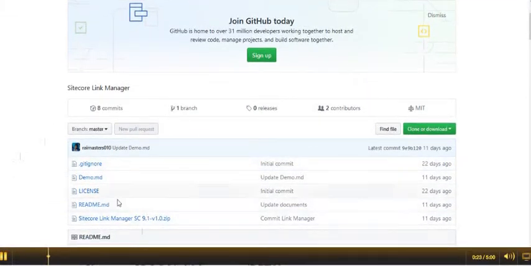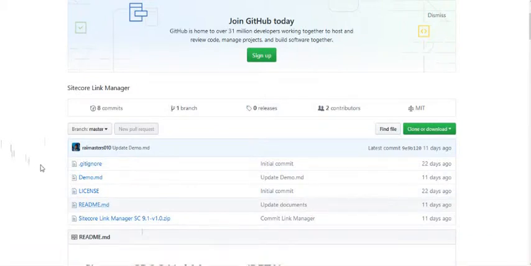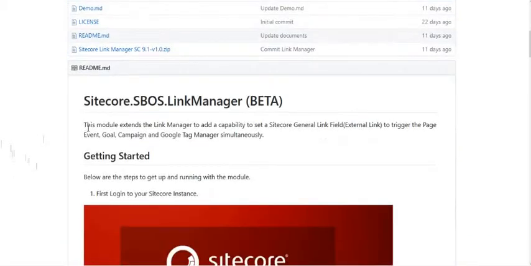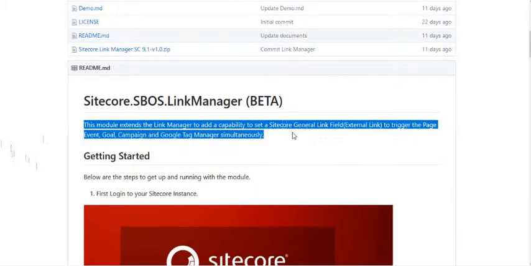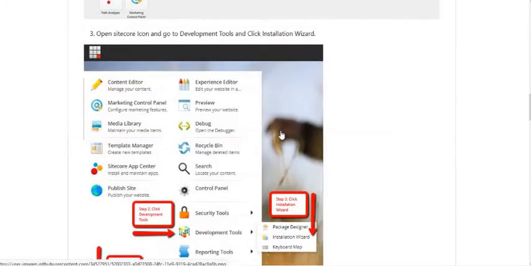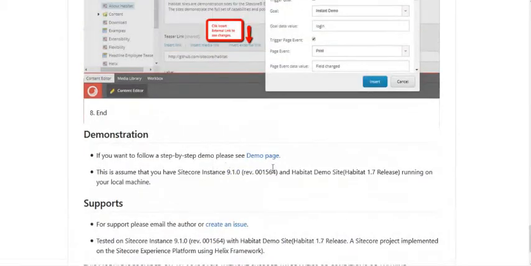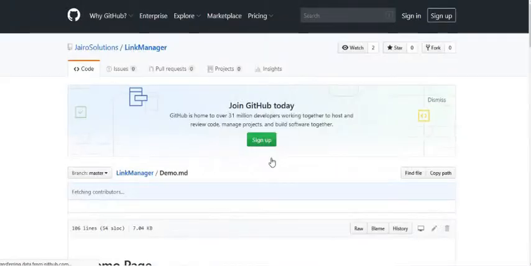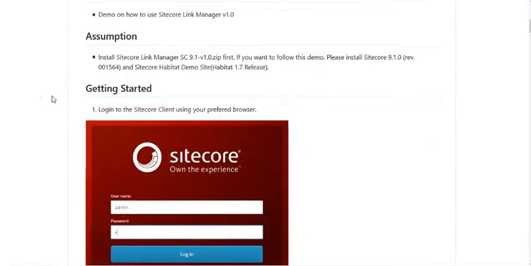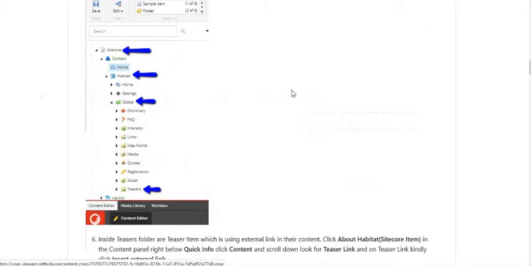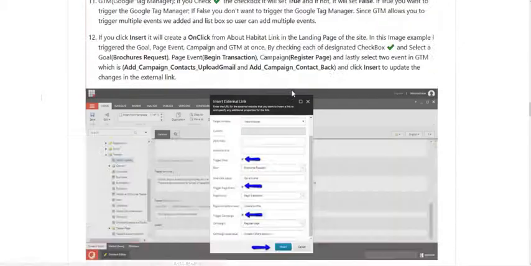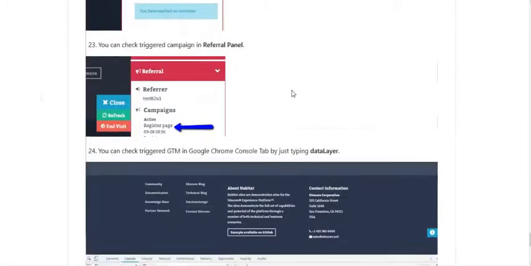There's a Sitecore package that you can install in your Sitecore instance, and there is a readme.md which guides you how to install and use Sitecore Link Manager. There's a demo page which teaches and guides you how to use this, using a Sitecore instance